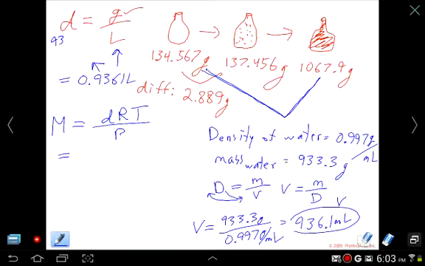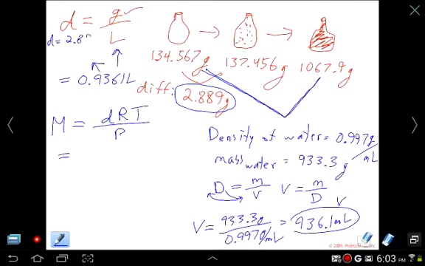Sorry, no, that's not the value. Let's try that again. The mass that we're going to have to take account of, because this is the density of the gas, so this will be the mass and this will be the volume in liters. So our density, we'll squeeze this up in here, is